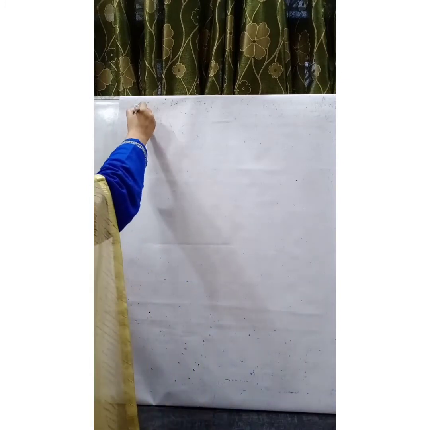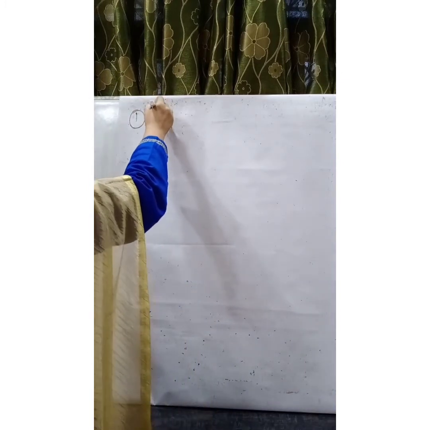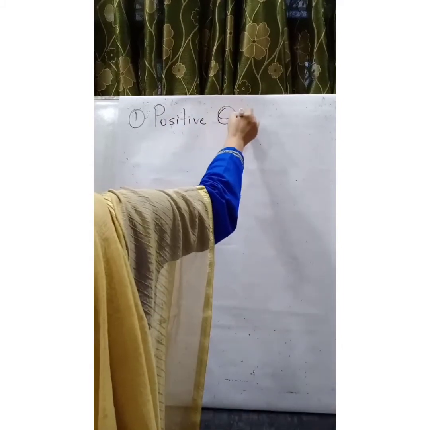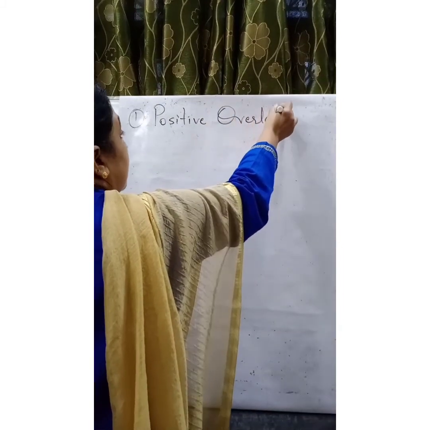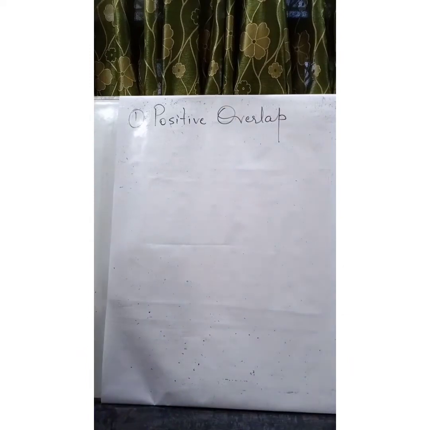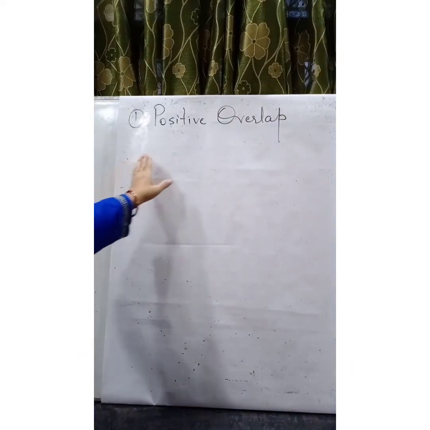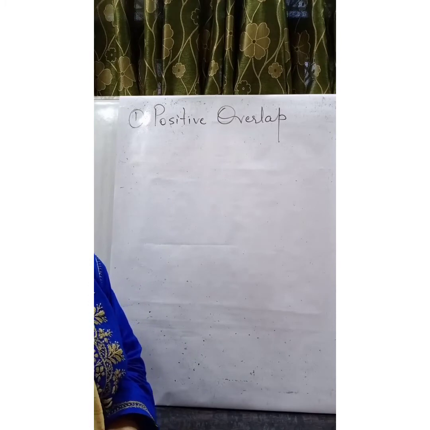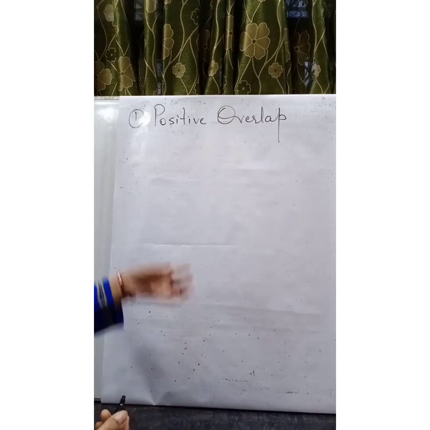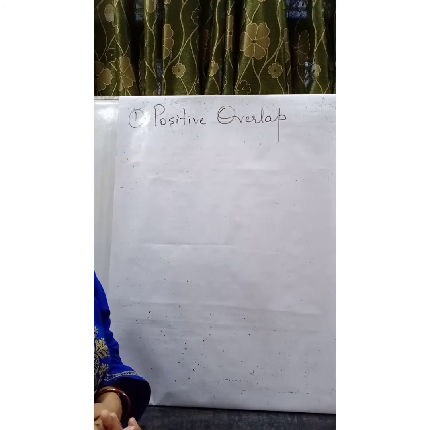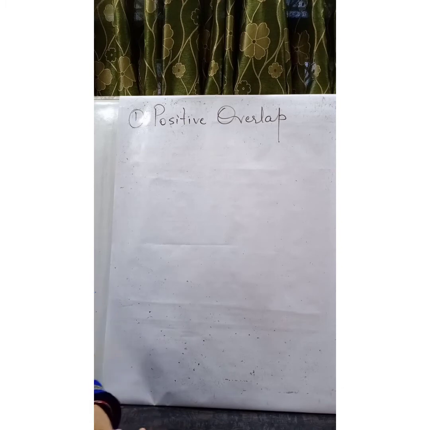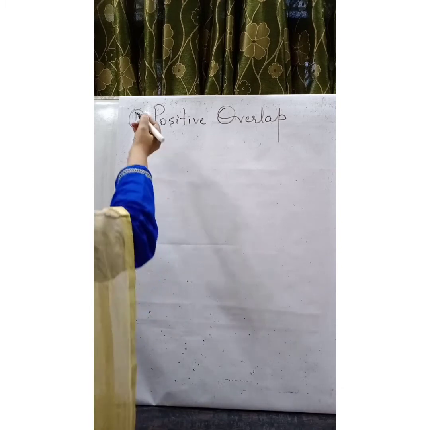The first type of overlap is positive overlap, where the positive lobes of the atomic orbitals overlap with each other and result in the formation of a covalent bond. When we use the word positive, it means that part of the atomic orbital where there is maximum probability of finding electrons. For example,